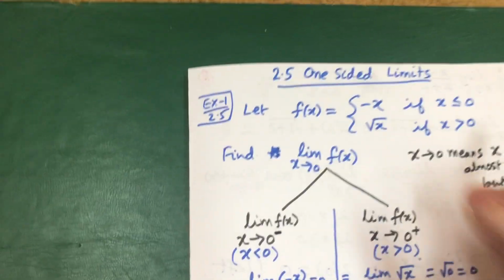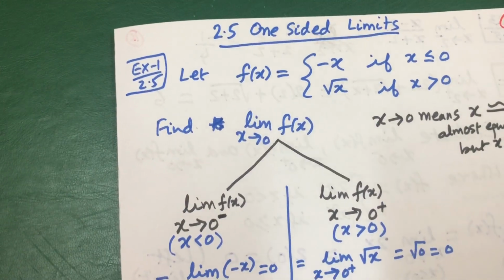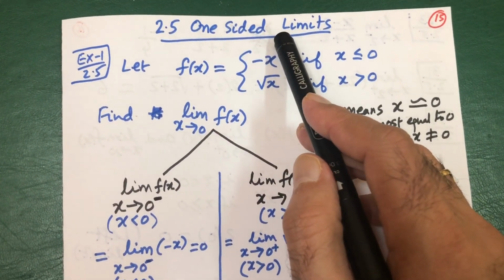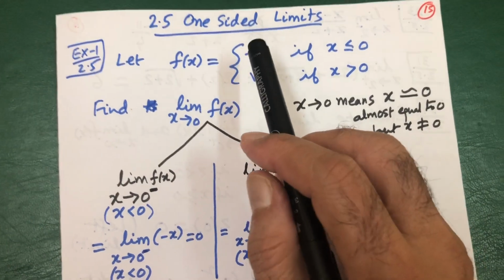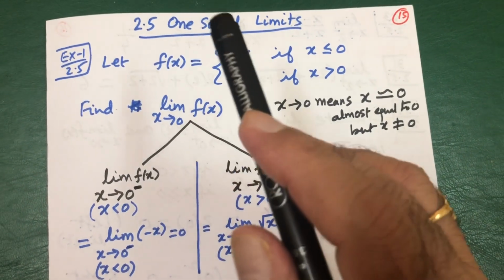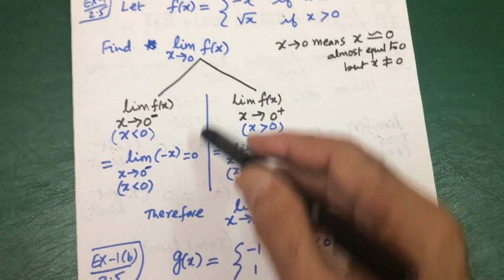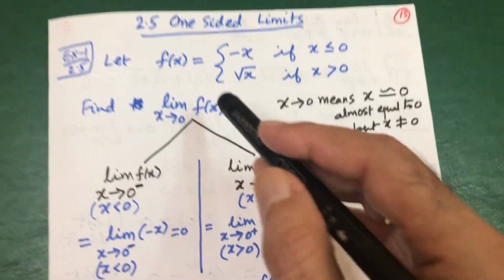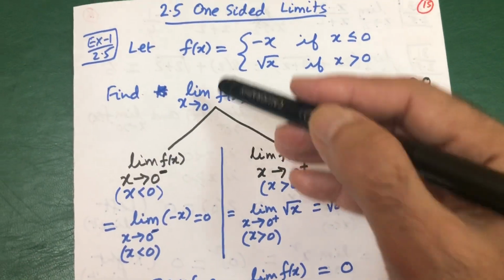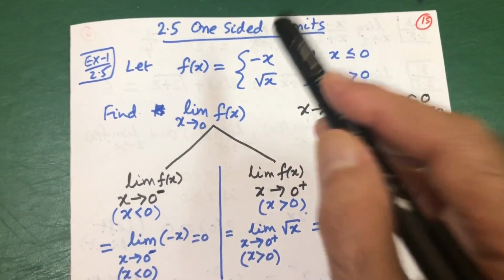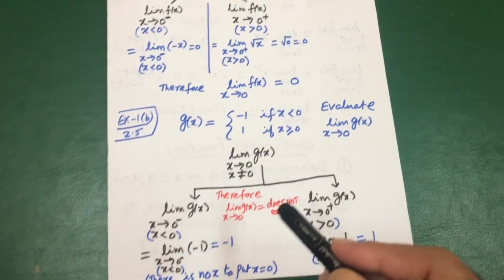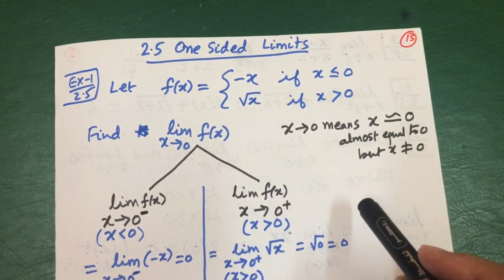Okay? Next is called one-sided limit. So the next topic is 2.5, one-sided limits. Before I start the lesson, I repeat, do not just simply watch this video. It is of no use. You have to take a paper, do each problem one by one along with me, with my teaching. Pause the video, stop the video, and you do it, and you check your answers. If you do it with a white paper, you will understand. Otherwise, this mathematics will become a big nuisance.